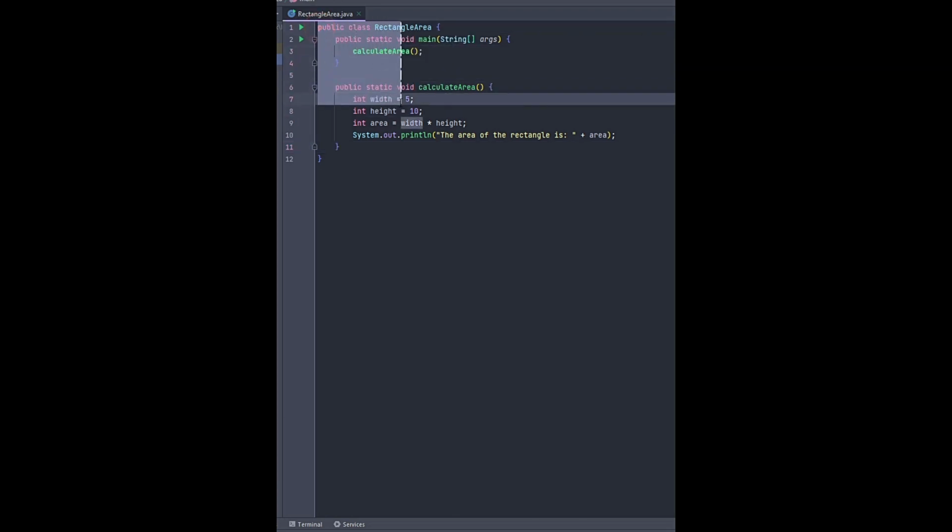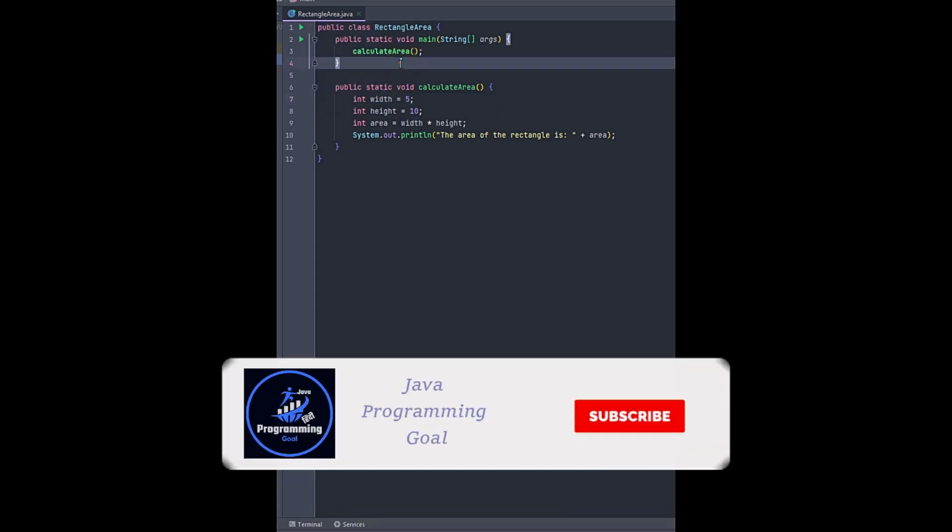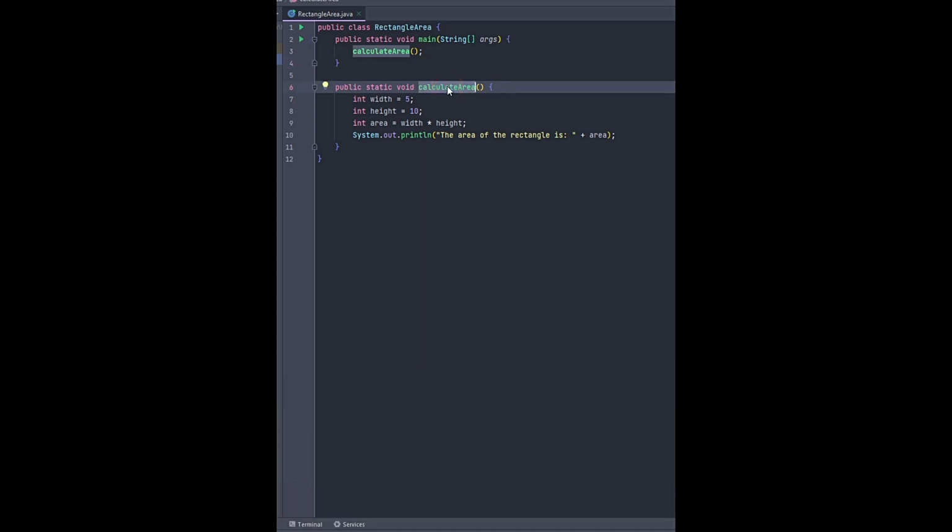So here you can see the code before refactoring. We have a simple Java class with a main method. In this example, we have a method calculateArea that calculates the area of a rectangle and prints it. But I want to keep the logic and print statement in a separate method, so that I can reuse it whenever I need it. To achieve this, I will select the lines responsible for calculating and printing the area. Here I am selecting lines number 9 and 10.